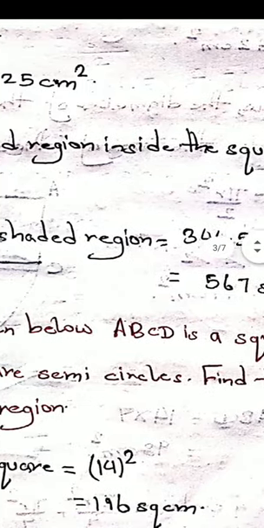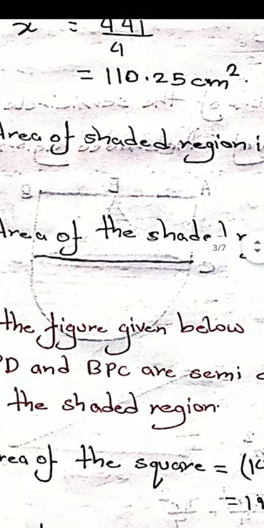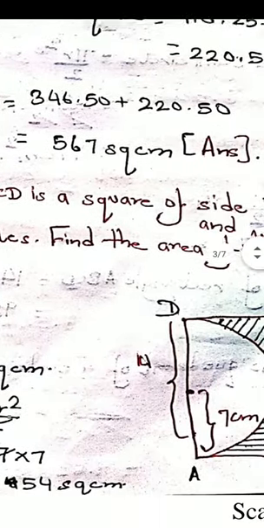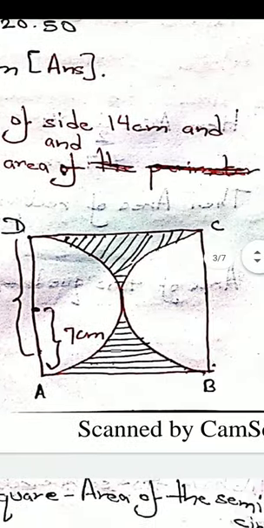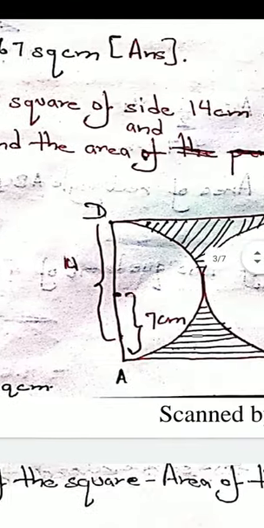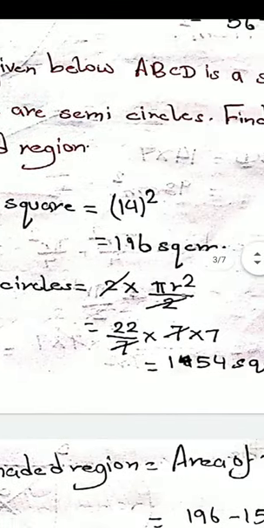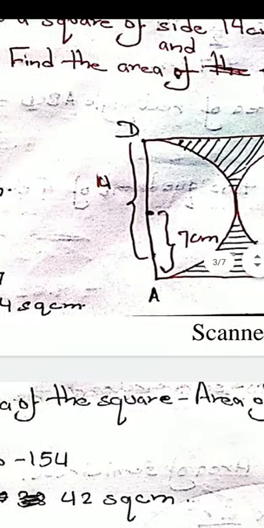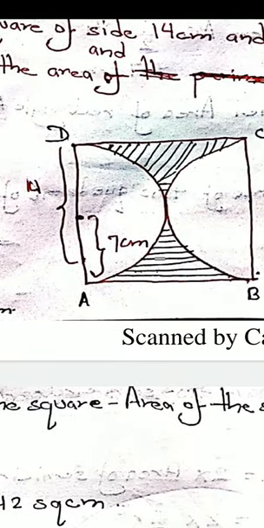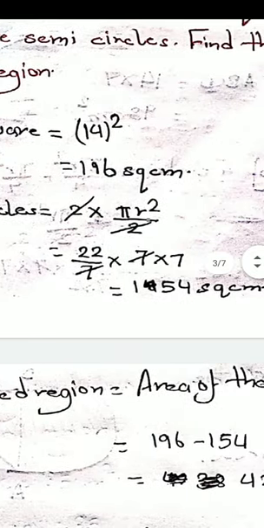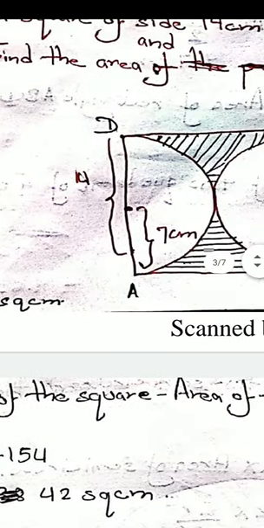Yes, so let's go to the next problem that I have, which says in the figure given below, ABCD is a square of side 14 centimeter and APD and BPC are semicircles. Find the area of the shaded region. So area of the square equals to 14 square, that is 196 square centimeter. Okay, and in this case area of two semicircles will be 2 into pi r square divided by 2. If you see here, the 14 centimeter, that is the side of the square, will also be the diameter of